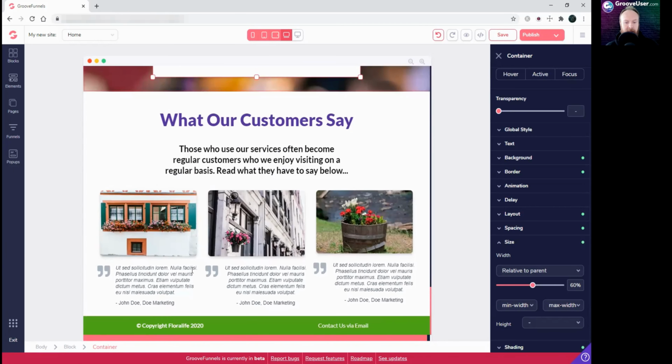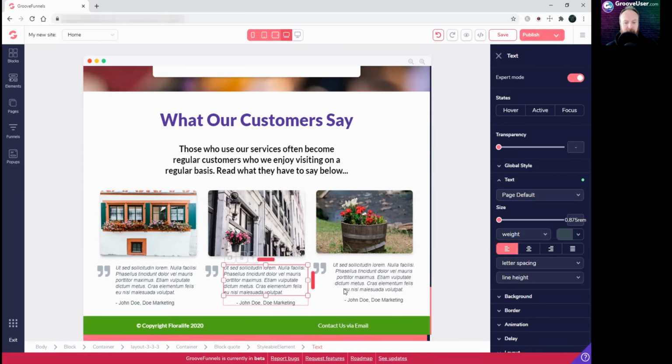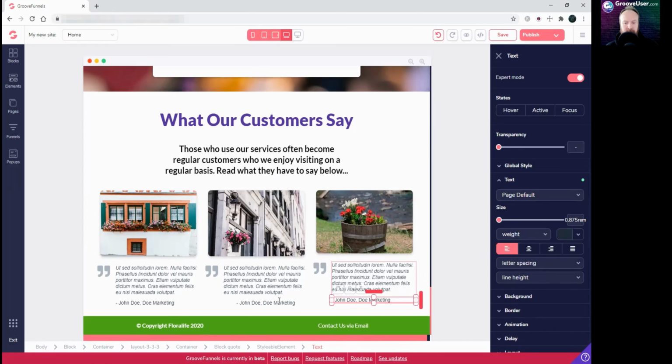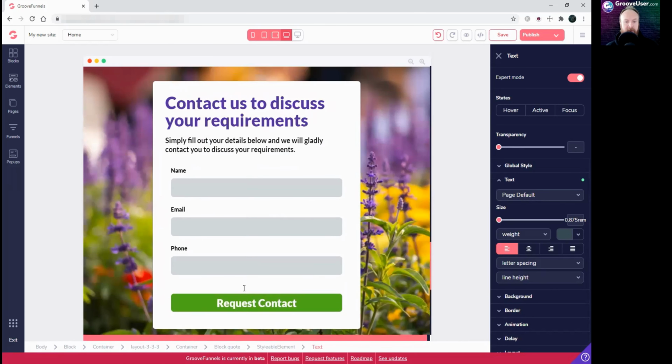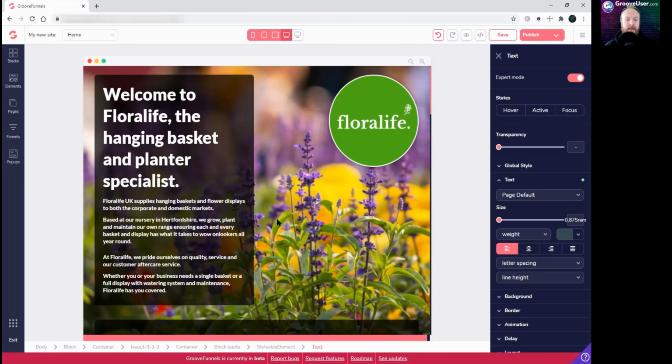This looks okay. We've got some alignment going on here. There we go. So they look okay. And these two at the bottom look okay as well. So we're happy with our laptop view. So let's just check